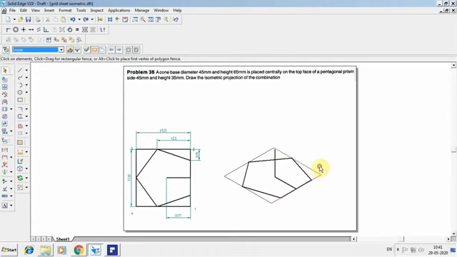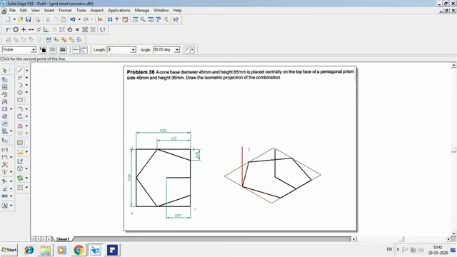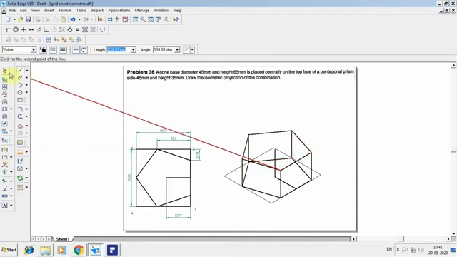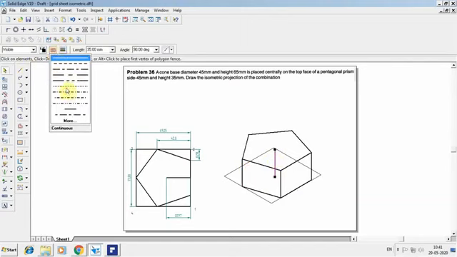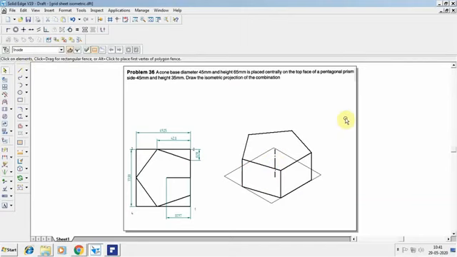If you are doing it in a sketchbook, what you can do is from this point itself directly increase the height as 35. If you increase all the sides to 35 height, you can easily get the prism of a pentagon. So 35 again here, and again from here it will be 35. So join that, and this will be the prism of a pentagon. The lines which are not visible I want to remove, and this will be your axis line. So this is how the pentagon looks when you project it in isometric.